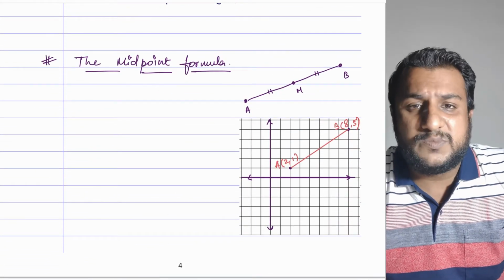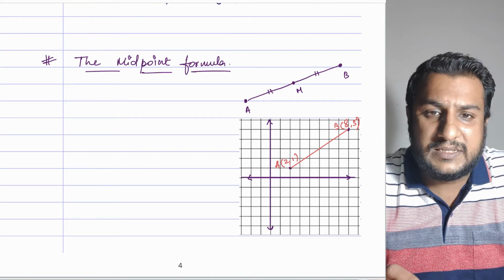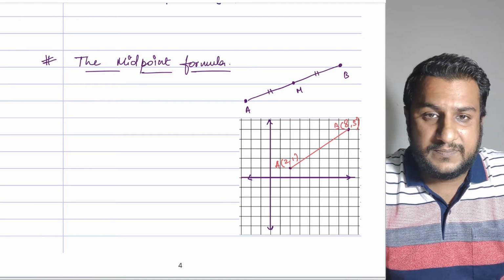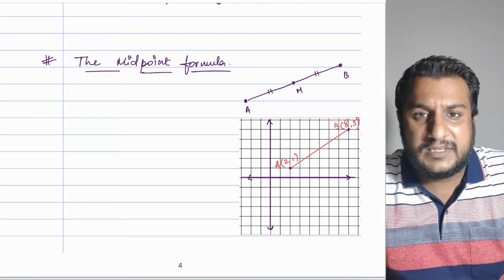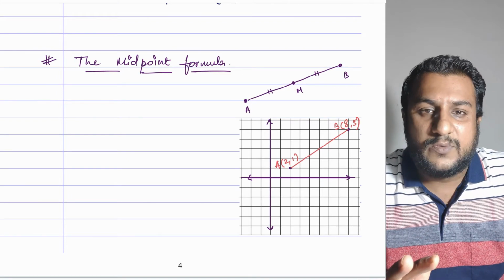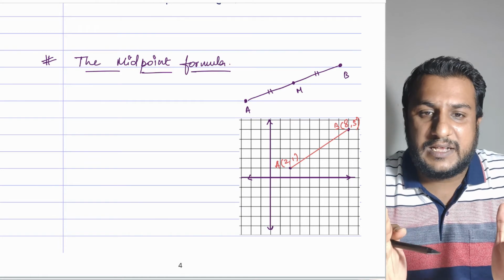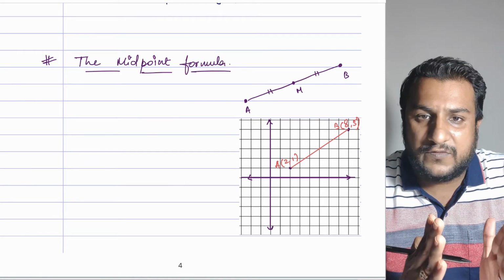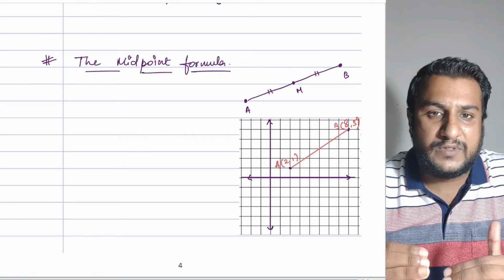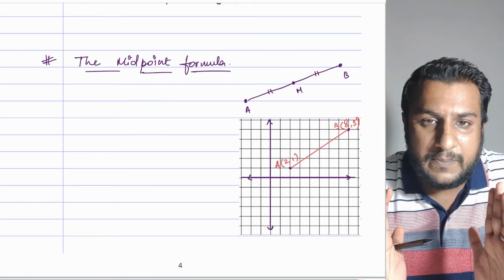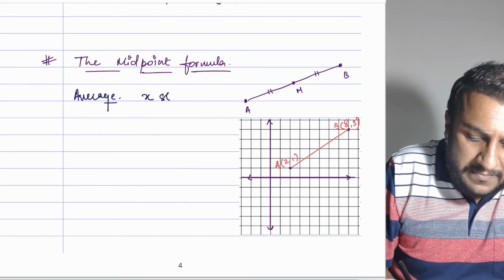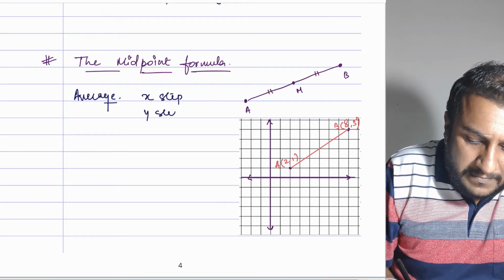Now midpoint. What is midpoint? Basically midpoint is the middle value. Okay, so middle value, or you can say average. So again we'll first understand this with the logic part, then we'll move on with the formula. Okay, so midpoint means whatever distance is there between your horizontal step, half of that, because it would be midpoint, and whatever distance is there between your vertical step, half of that will give you the y coordinate of that midpoint, or we can say the average of your x step and y step.